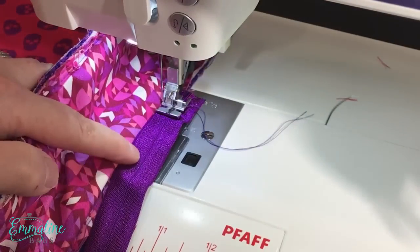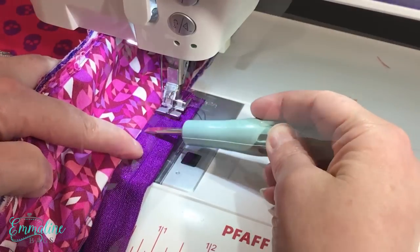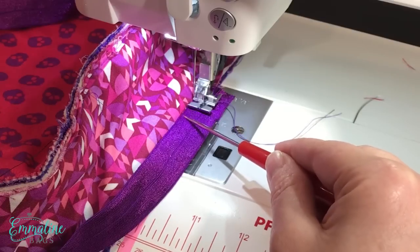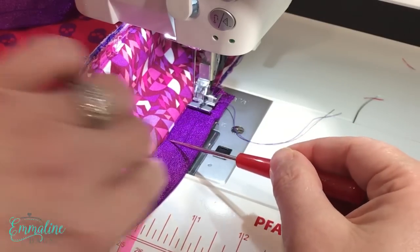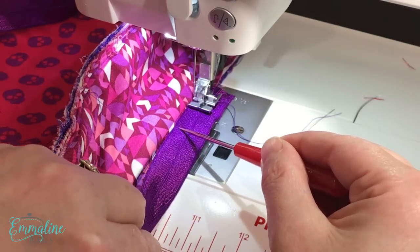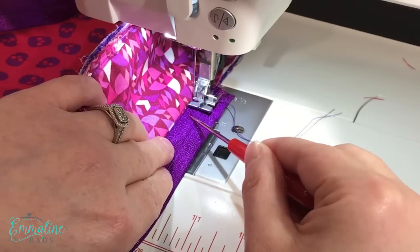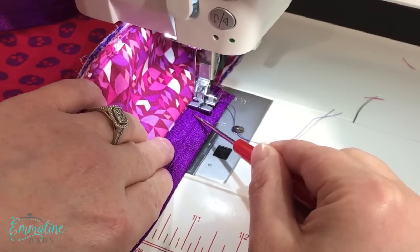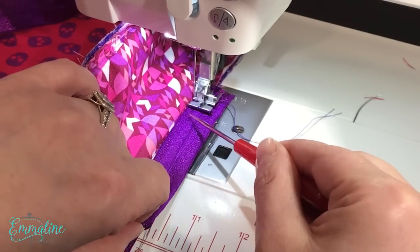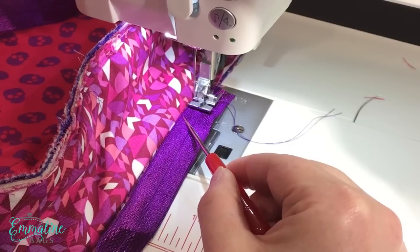And this will be easiest if you use a tool like a screwdriver or an awl. I've got the zipper foot set up so it can sew right along that edge, and we're going to try really hard just to keep this up against our sewing line so that we don't go over. If we do go over, that's okay, but what you really don't want to do is slide off and fall off of the seam allowance. We want to keep this up next to it. So the biggest thing is don't go super fast. Go slow,